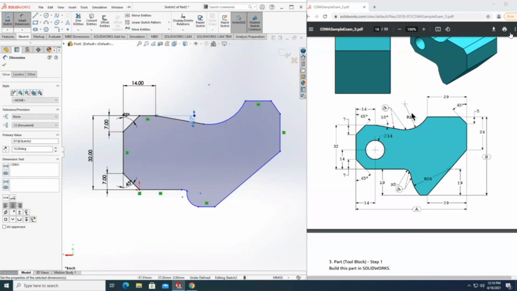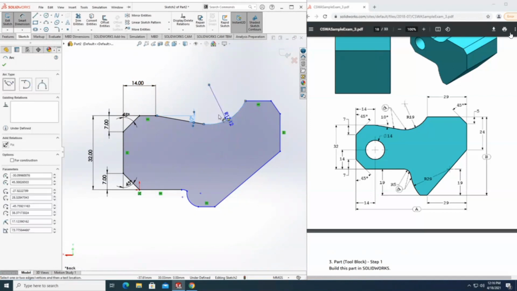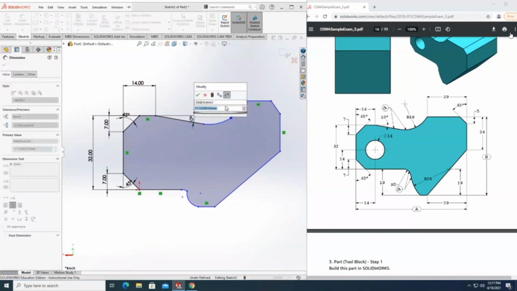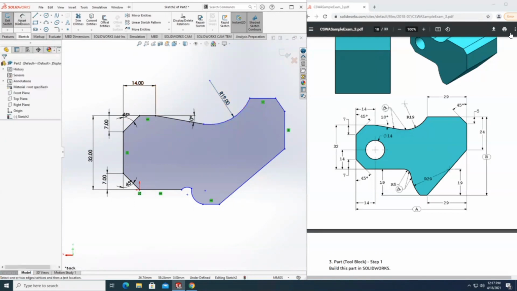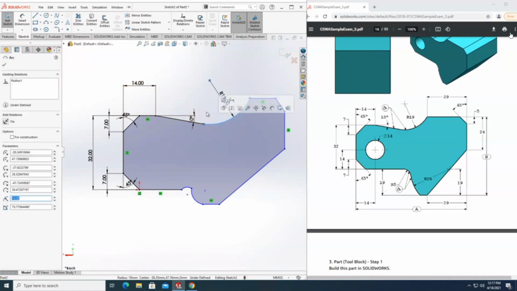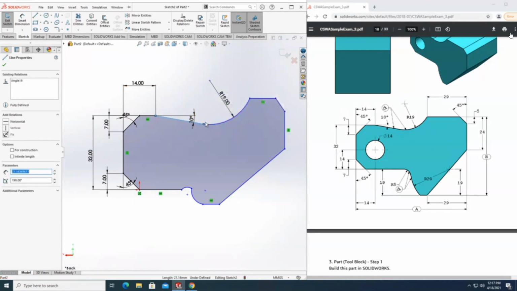So if we look at this radius, this is going to be 19 for this arc. So if we give it a dimension, give this 19, and we click enter, now it dimensions it. Now, if you look over here, this symbol basically means tangent, meaning this arc and this line are tangent. And if we exit out of Smart Dimension and we click at this arc, and then hold Shift and click this line, we can see that